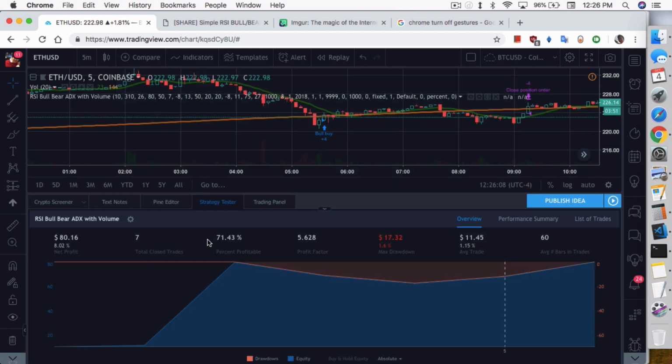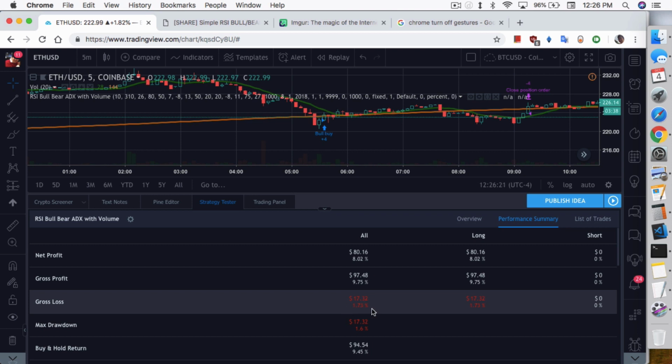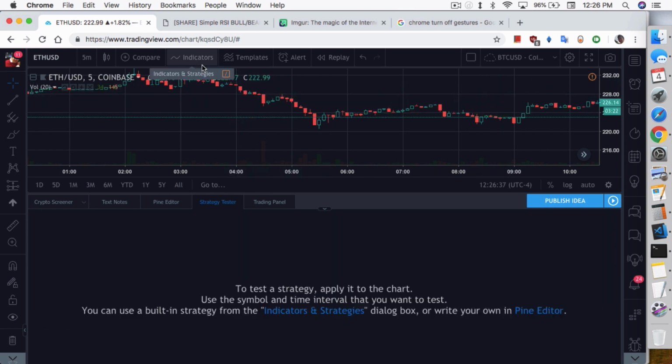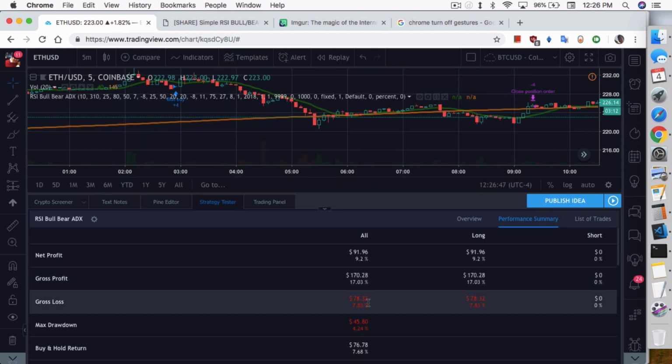Essentially, this is exactly the same strategy, but it's making a little bit less profit right now, you can see, but also the max drawdown is a lot less. So let's go to the performance summary here. You see that the gross loss is 1.73%. I'm just gonna close this strategy and show you again the regular RSI Bull Bear ADX strategy in terms of the gross loss. So again, 1.73 for the one with volume, and the one without volume has a 7.83%